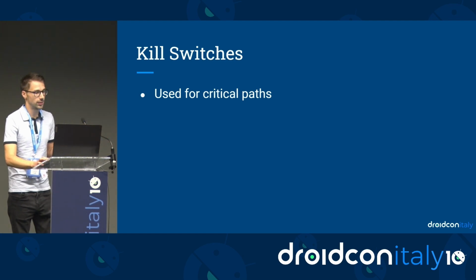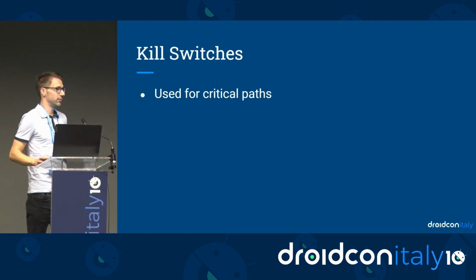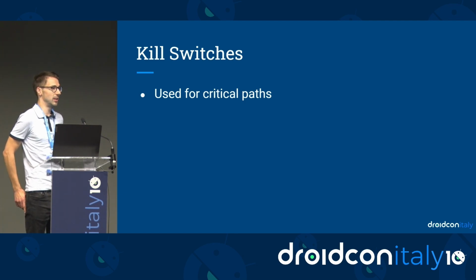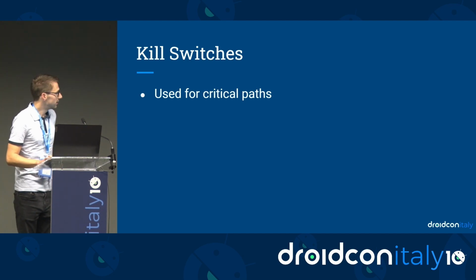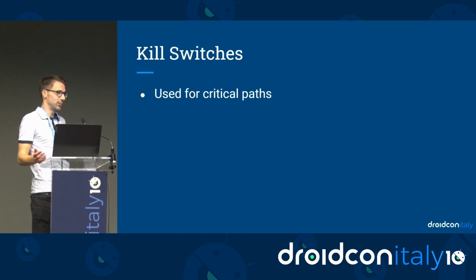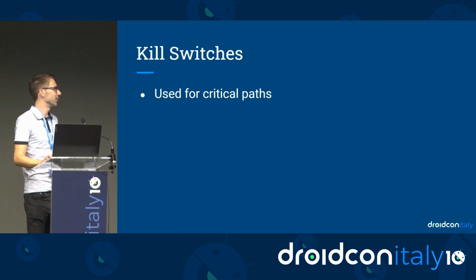So let's say you're a banking app or something, and you introduce a new payment method, but then it turns out that it's not working, it's crashing, it can cost you millions in revenue if it's not working. You can simply disable or enable the kill switch, and that disables the feature. And okay, so the bad side is the feature is not working, but the good side is you're not losing money because it's not working, and you're not